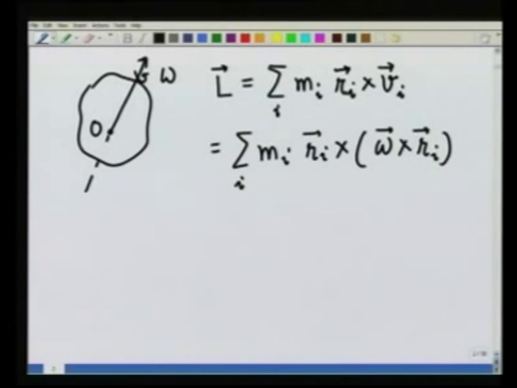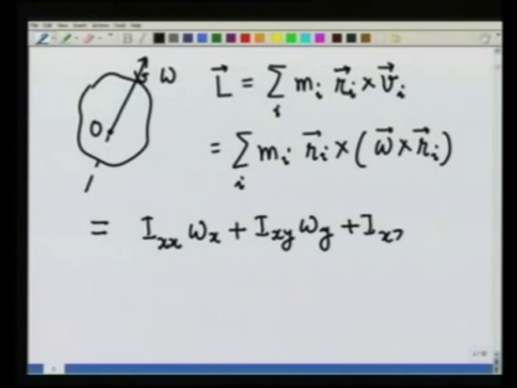This we worked out comes out to be Ixx omega x plus Ixy omega y plus Ixz omega z in i direction,